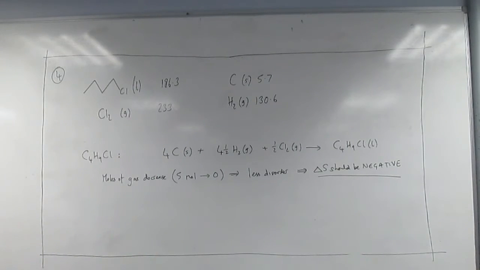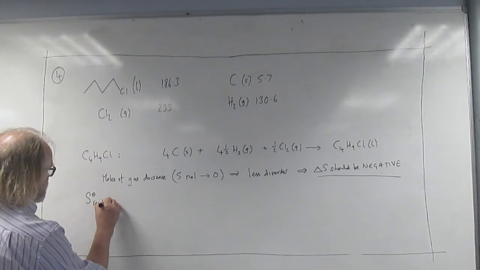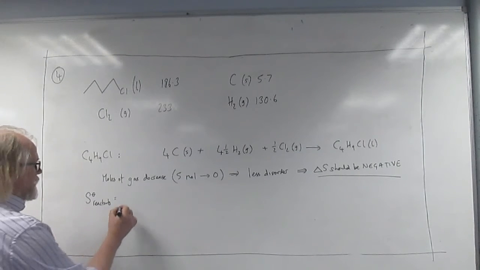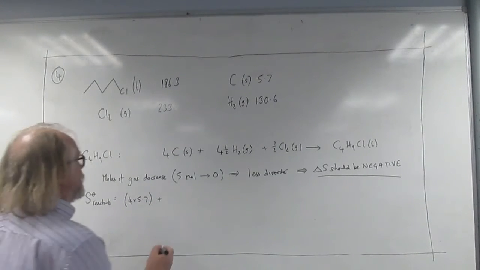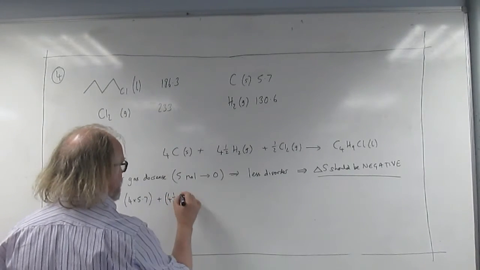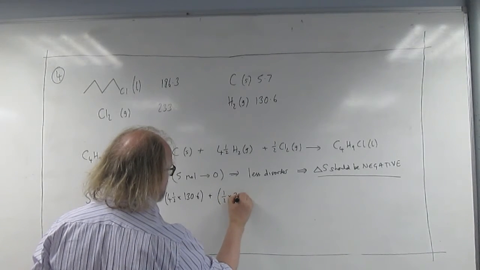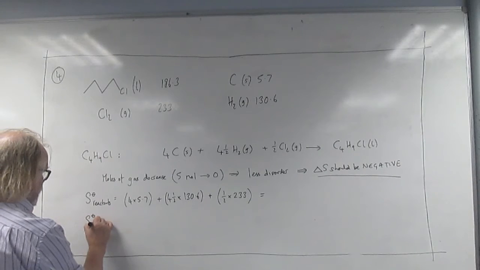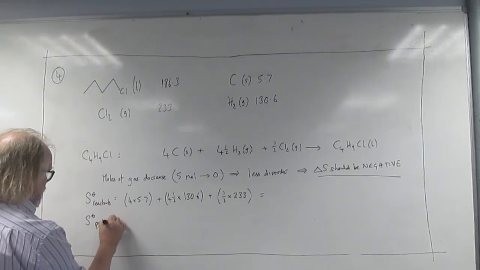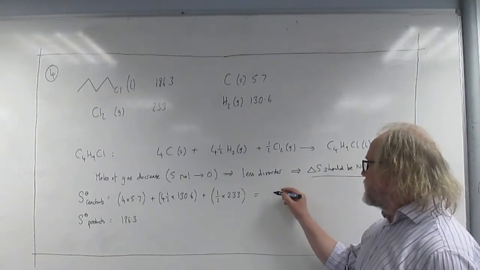And then we can crunch the numbers to see if that's true. So you just use the same approach as before, and you say that S0 for the reactants, you just add up all those things on the left hand side. So it's 4 times 5.7 for the 4 carbons, plus 4.5 times 130.6, plus half a mole of chlorine, so a half times 233. Okay, so we can work that one out, and then we have S0 of the products, and the product of course is just that, so that one we can just read straight off is 186.3. So this adds up to 722,